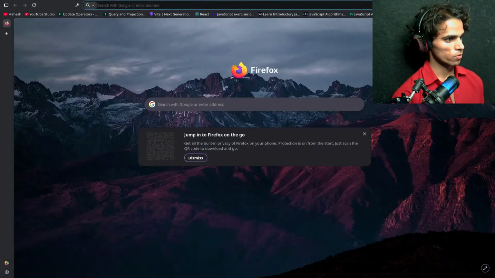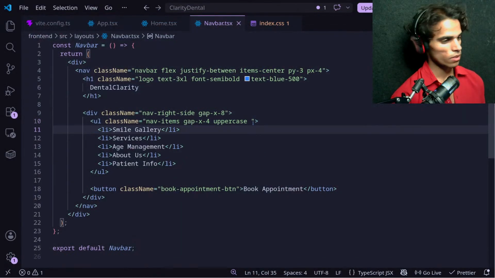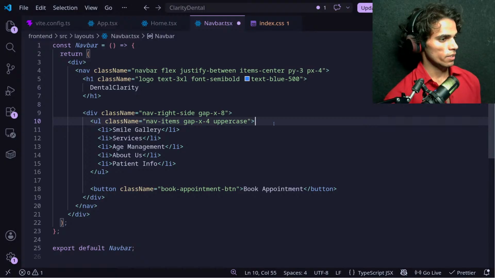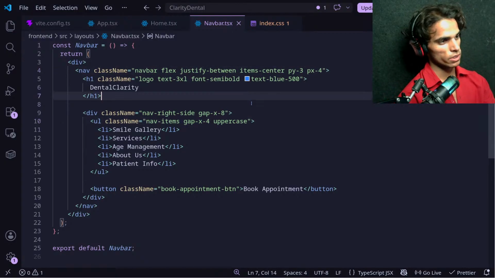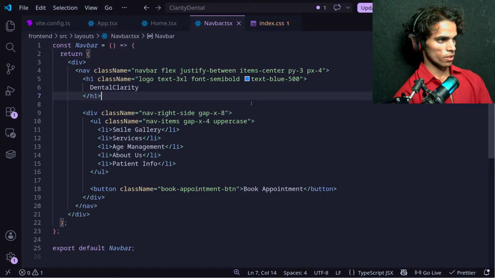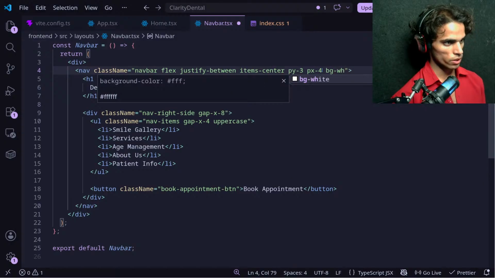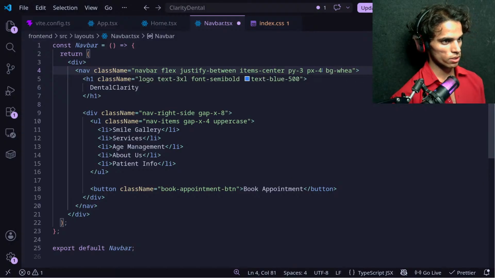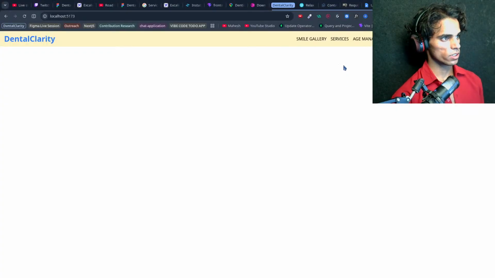Let's jump into the file on the right. Let's get this, and this is the bar, flex justify between items center. Okay, now I want to give it a background. Oh, not this. Let's give this, okay, just to see.